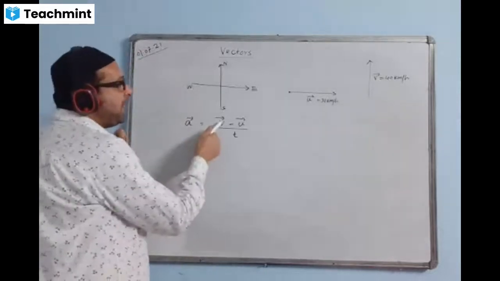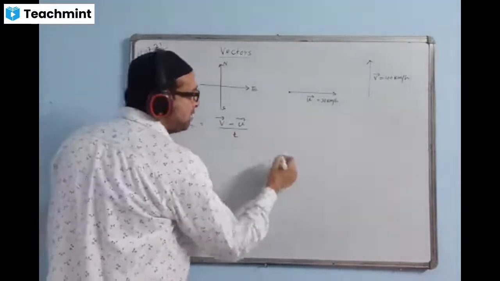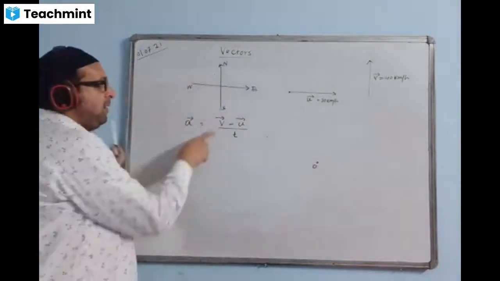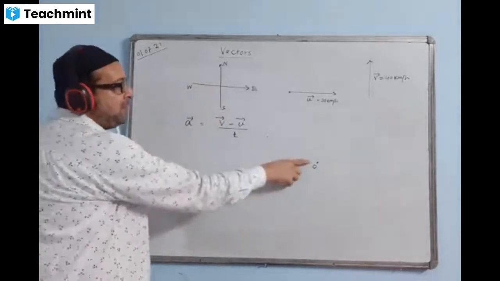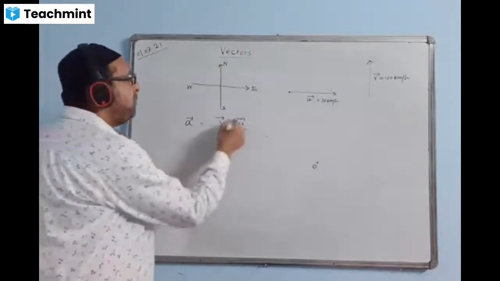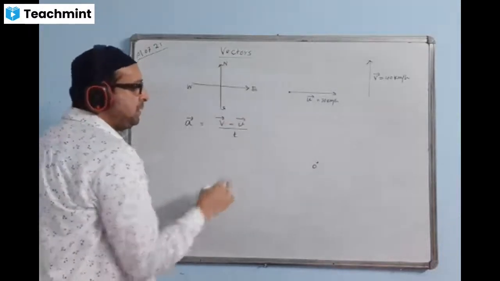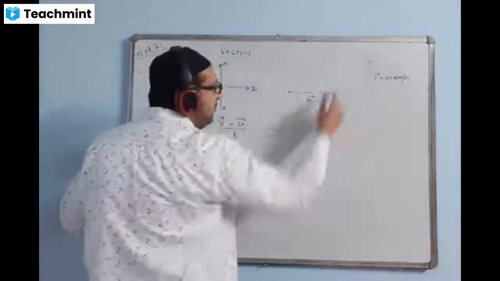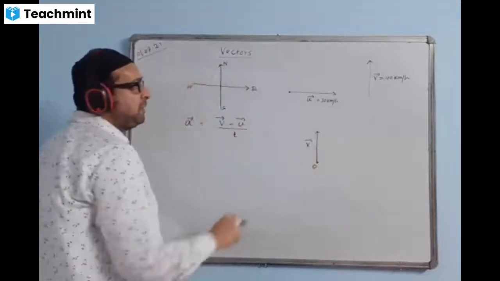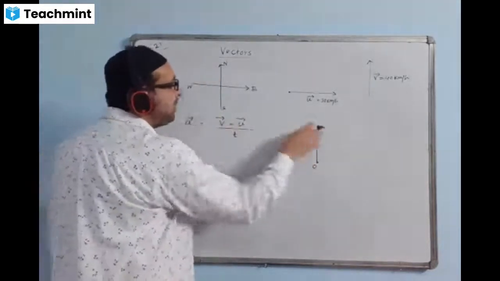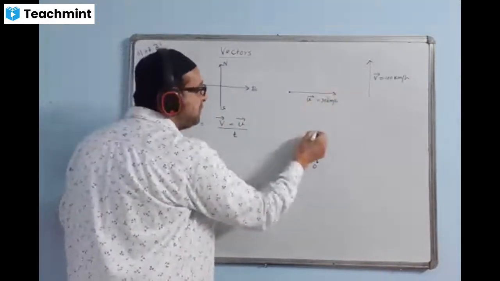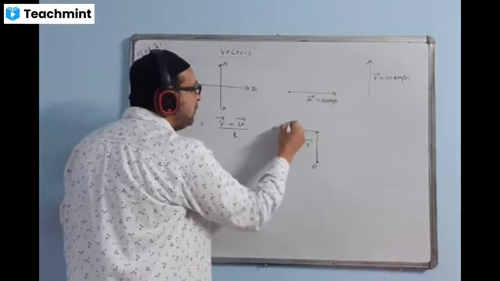Now, first I'll make a diagram of V minus U. I'll find this value first. Just see how we can find it. Make origin O. V is with the positive sign. We'll draw a diagram for this V minus U and first calculate this value, which you can write as R, or resultant. So the V value I will start positive, V is there like this. Then minus U. Minus U will come on which side, the west side or this side? Minus is a sign, so the sign you have to change. It becomes minus U.